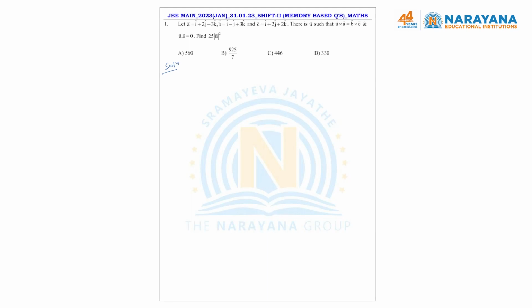Hello friends, in front of us there is a question of vector in which three vectors have been given and this relationship has been given, that is u cross a equals b cross c, in which a, b, c are known and u and a are perpendicular to each other. So if we take the magnitude on both sides,